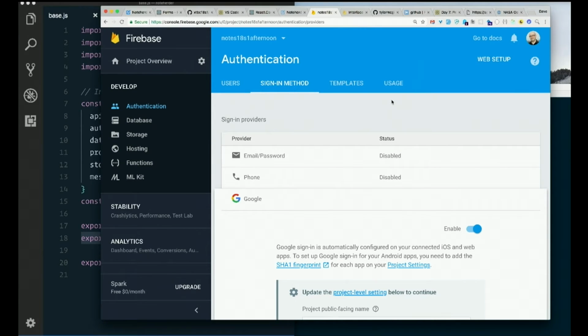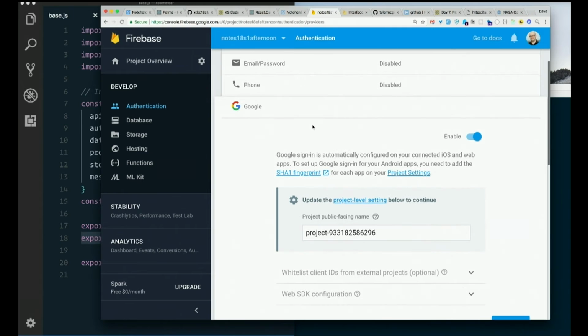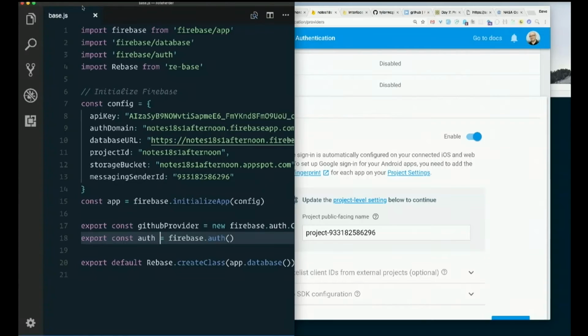You all know to go to the authentication tab, right? And then in the authentication section, there's the sign-in method tab. Under there, Google, you just click the edit next to that. Just click the switch that says enable. That's all you have to do. Just enable. Back in your code,